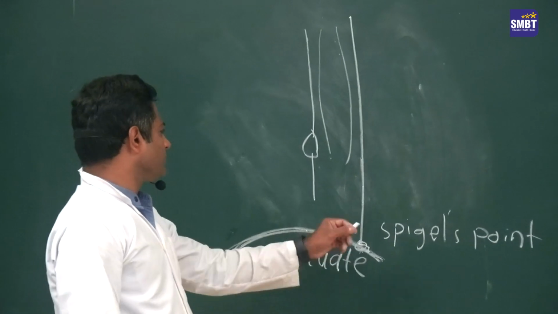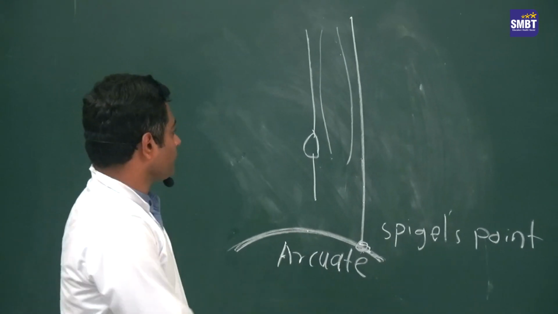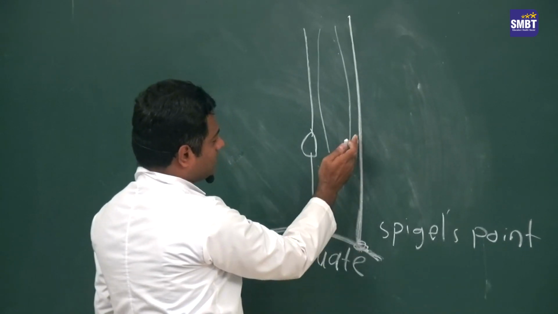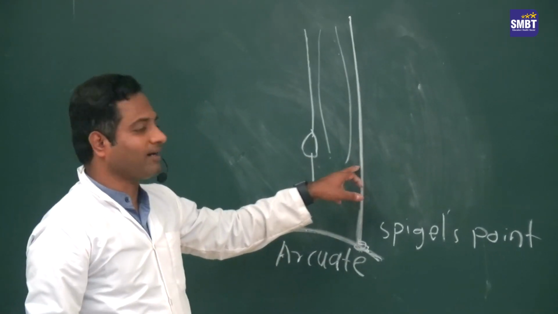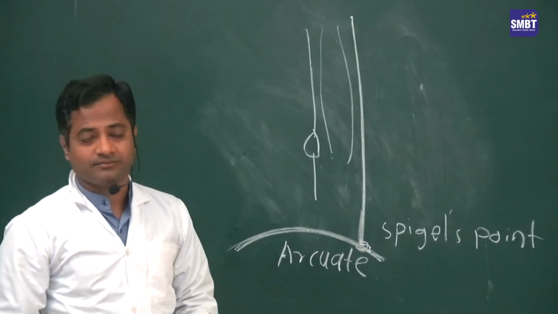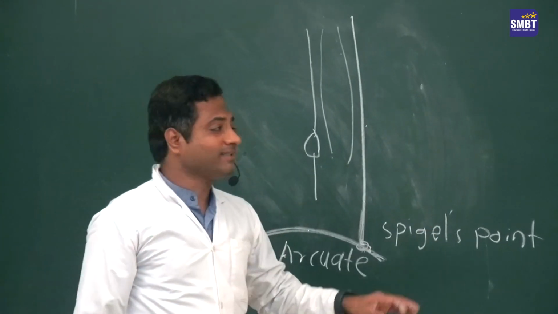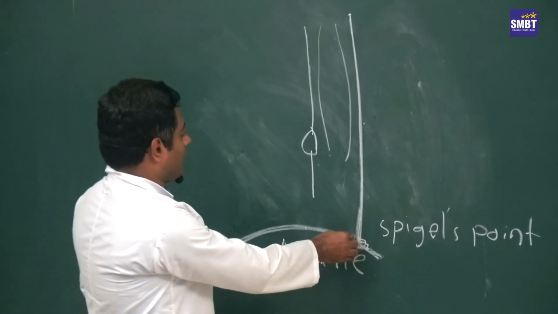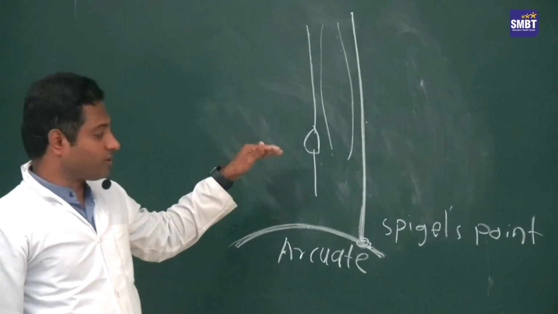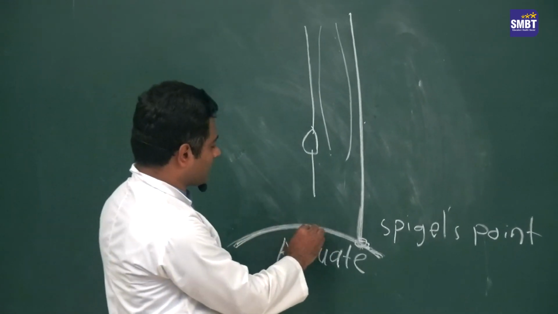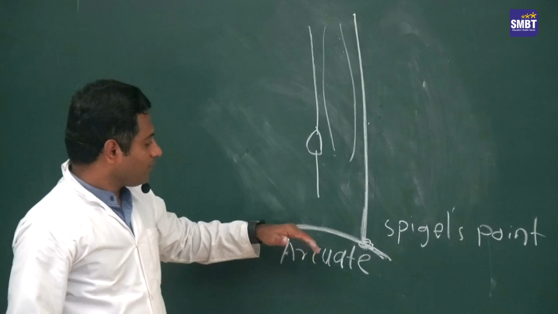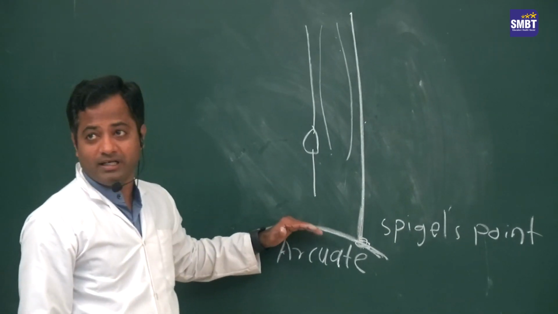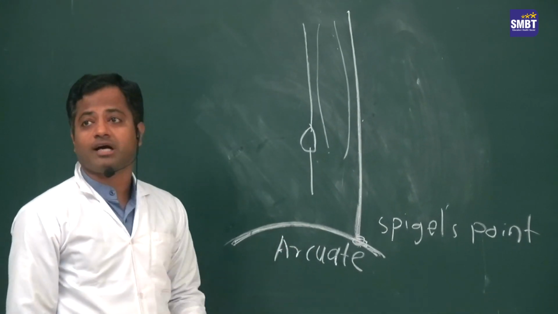So what is the importance of these lines? The aponeurosis which is medial to this semilunar line is called the anterior rectus sheath, and what is lateral is called the external oblique aponeurosis. As you know the formation of the anterior and posterior rectus sheath, this is the semicircularis line, also called the arcuate line. The posterior rectus sheath extends till the arcuate line only. It is deficient below the arcuate line.